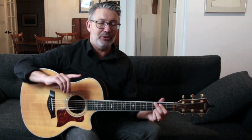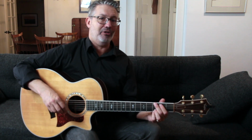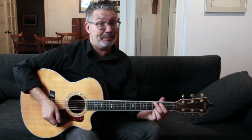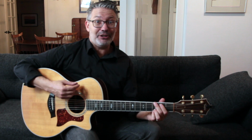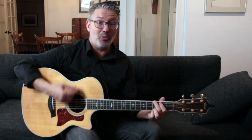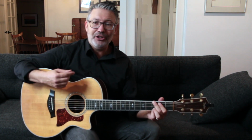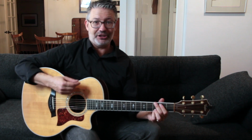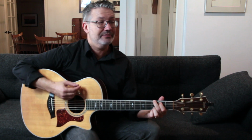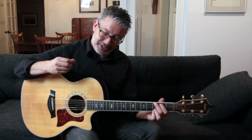A syncopated groove would have what I would call a stranded upstroke. So there would be an upstroke without a downstroke before it. That means you're going to have to skip the strings when you strum down. It's not too hard to skip strings when you're strumming up. You're used to doing that. If I'm just doing quarter notes here, 1, 2, 3, 4, 1, 2, 3, 4, you can see that I'm just missing the strings when I'm coming up. If I didn't, it would sound like this. So what we're going to have to do though is miss the strings going down,